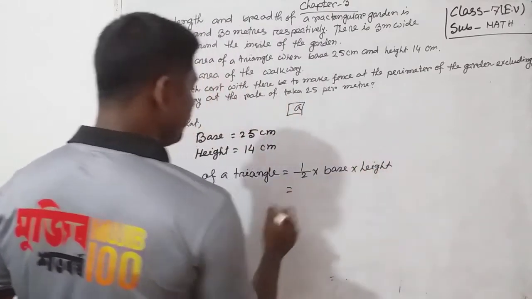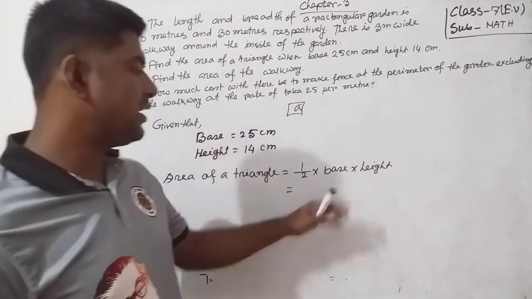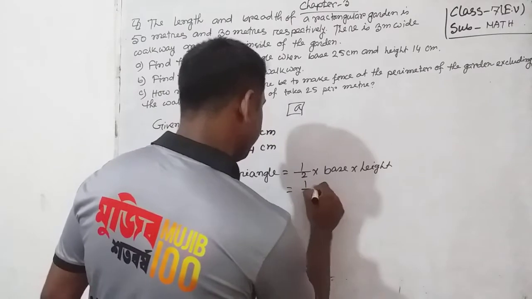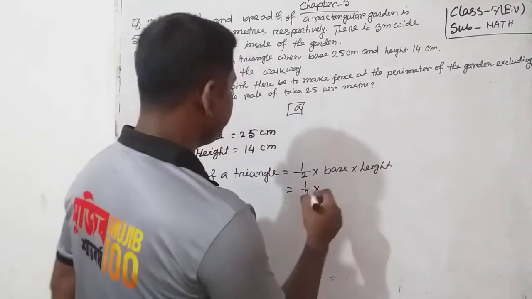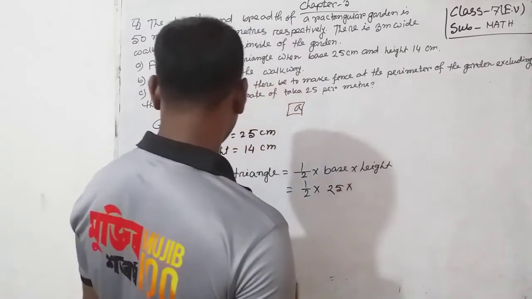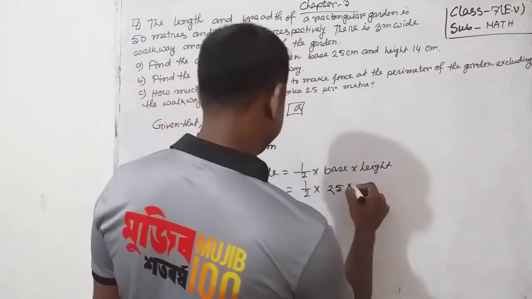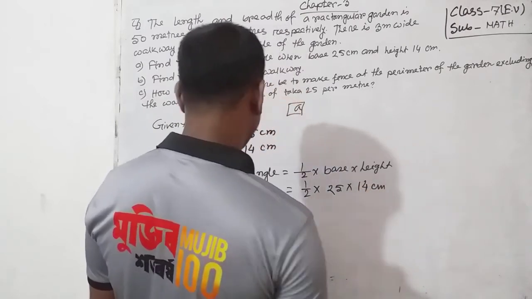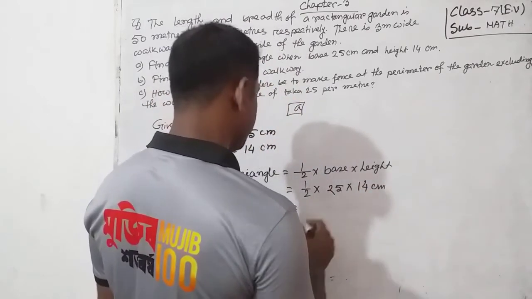Okay, now putting the value of base and height, so we can write half into base. Here base is 25 centimeter into height is 40. Okay, so we can write